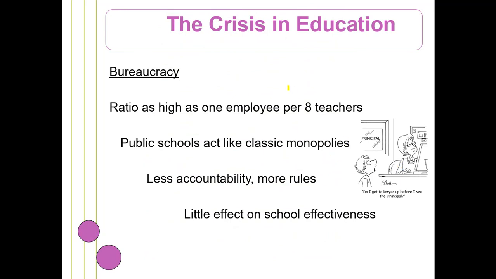Bureaucracy in schools is also growing because of all the functions that schools have to do in order to keep up with their students. Ratios are as high as 1 employee per 8 teachers, and it's probably higher than that when you look at the college level. And we'll talk about school choice here in a little bit, but